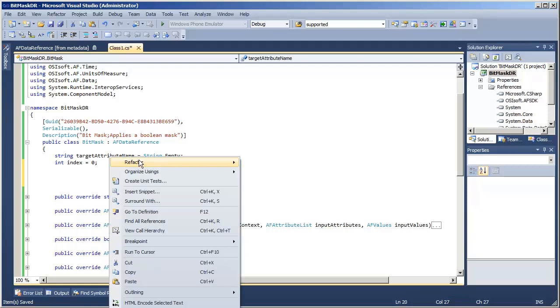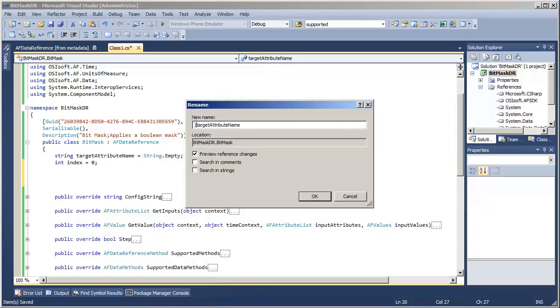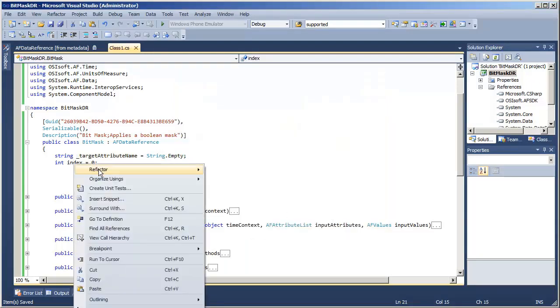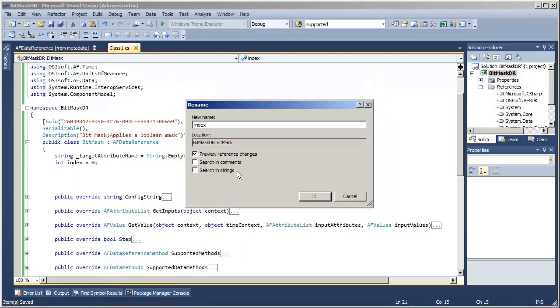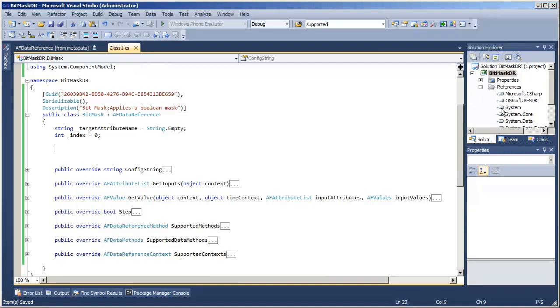So, for the sake of sanity, I'm going to rename these private fields to have an underscore in front of them. Matter of personal preference, but it might keep us from being confused. Okay, so I'm going to create some public properties backed by these internal fields.